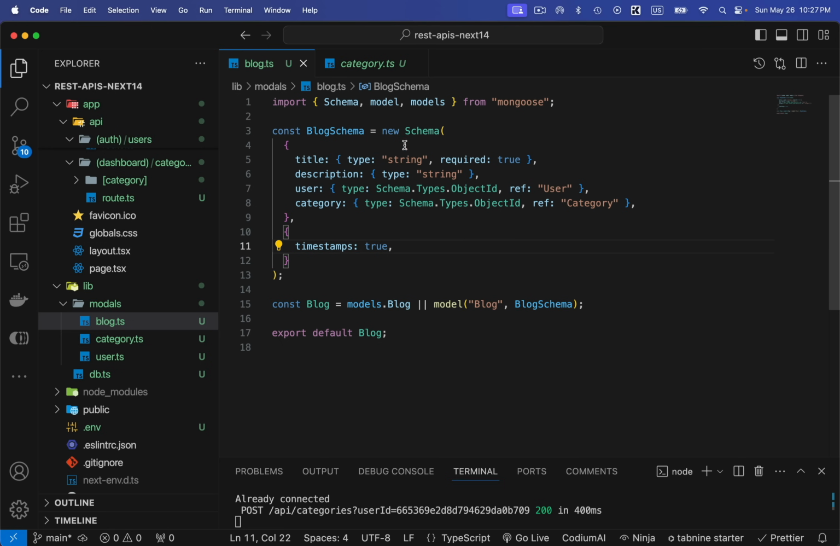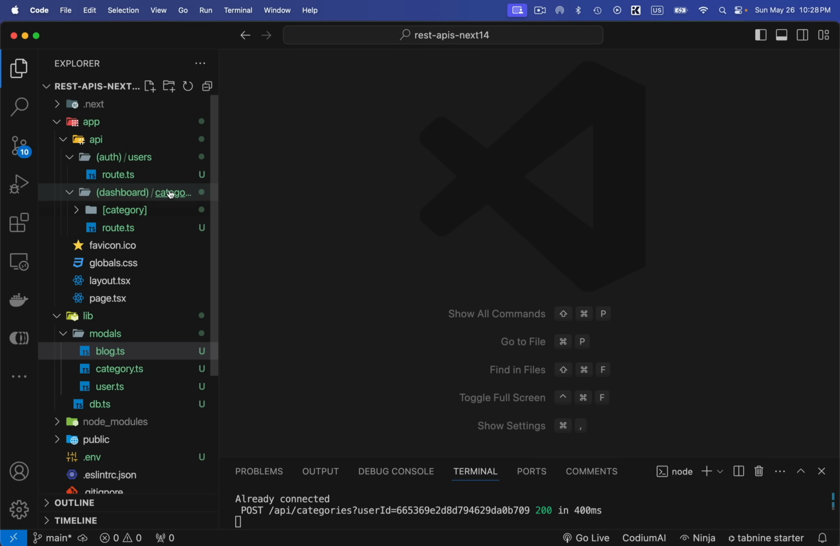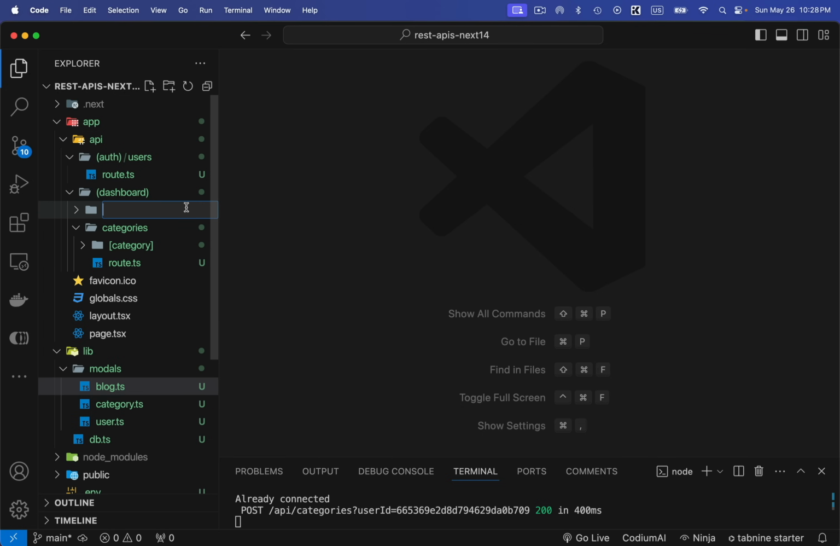So we are done with creating the schema for the blog, and based upon these relationships, we are going to modify some queries because we have 2 relationships now for the blogs. So let's close these files, and here we have these categories. I'm going to create a new folder within the dashboard. Okay, so this is going to be the blogs. All right, so inside this blogs, I'm going to create a route.ts file for get and post requests,